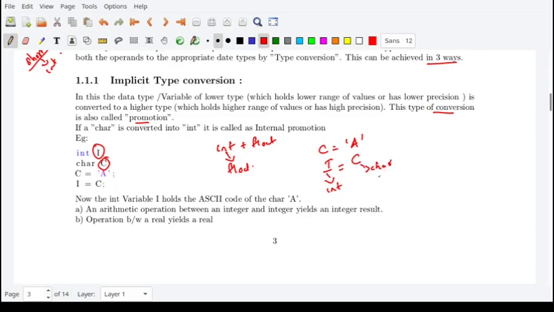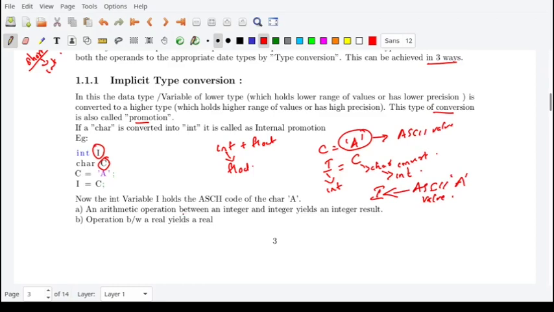When a character and integer appear in an expression, this character is converted into integer. So this 'a' is converted into an integer. When 'a' is converted into an integer, you get its ASCII value. So i has the ASCII value of 'a' now.